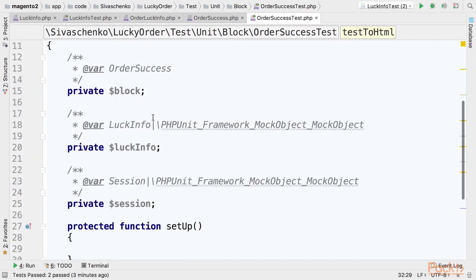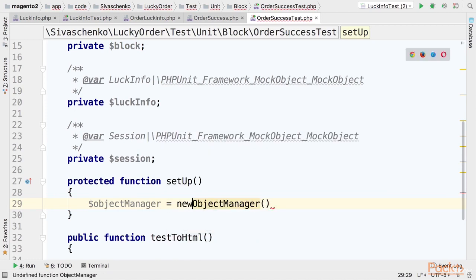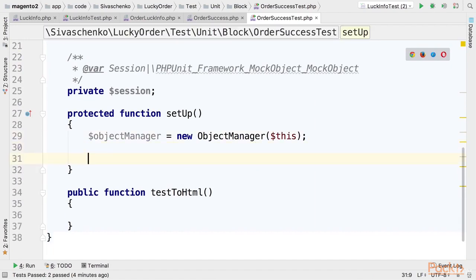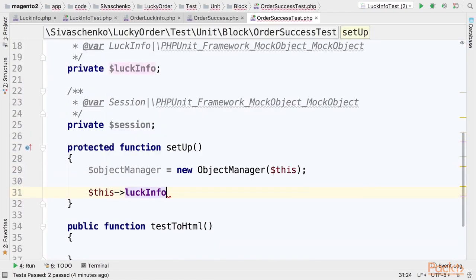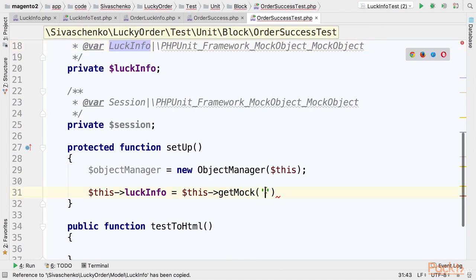First, let's create our mocks and prepare the instance under test. So I would like to get the object manager, and I'll do this by calling new object manager, and we'll pass the actual test case to the object manager. As I said before, that object manager is an instance of the Magento framework test framework unit helper object manager. Now I will prepare the classes under test, and first I will create a luck_info with getMock, and we'll put the class here,